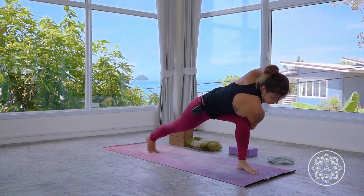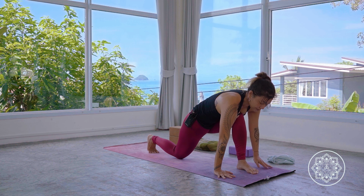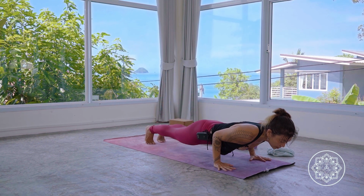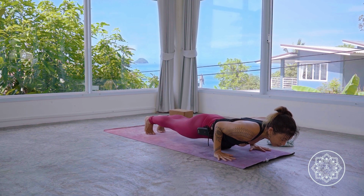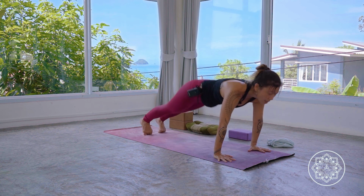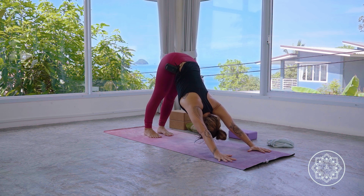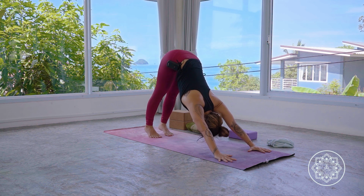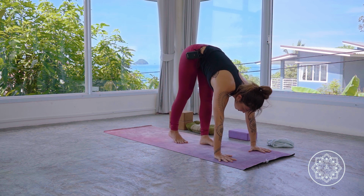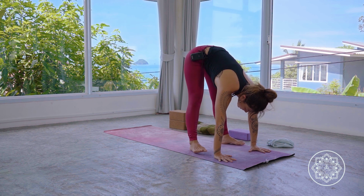Exhale, look down, frame the foot, knee on the floor. We're going to send the left leg back, and again, down into chaturanga. Hold it here if you can. Inhale, up. Exhale, down. And then slowly walk the feet forward. And then when you're close to the hands, open the feet a little bit wider than hip distance,